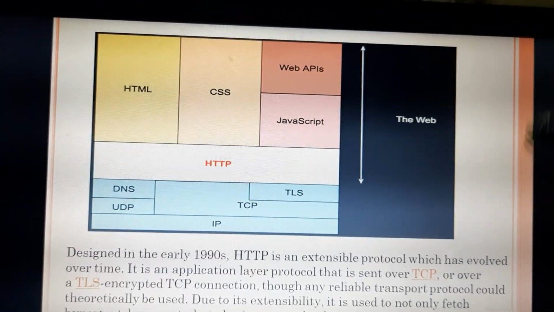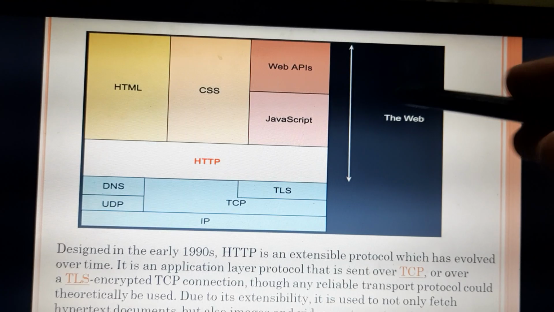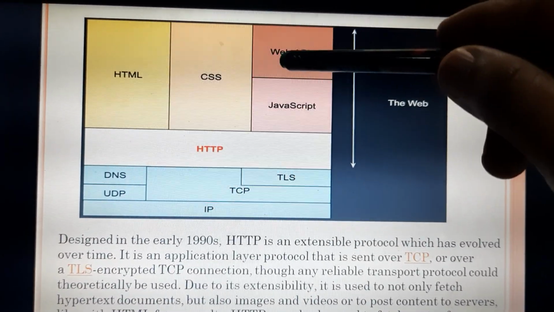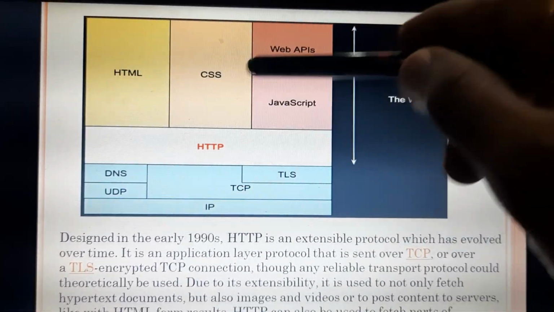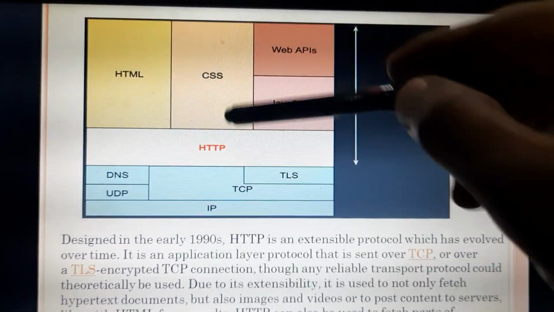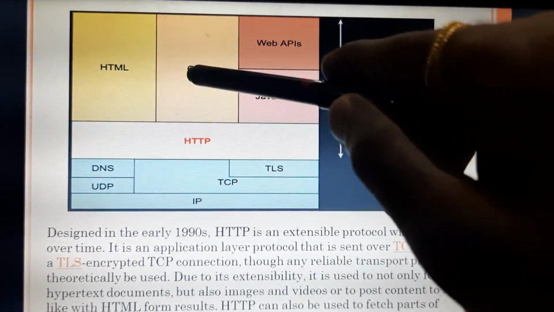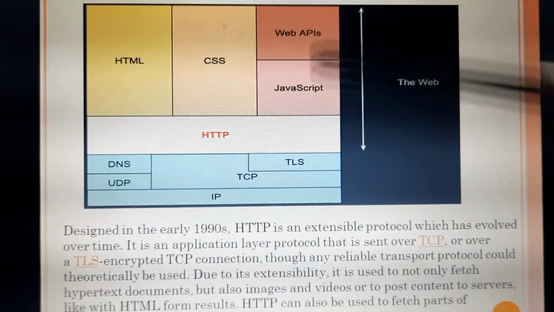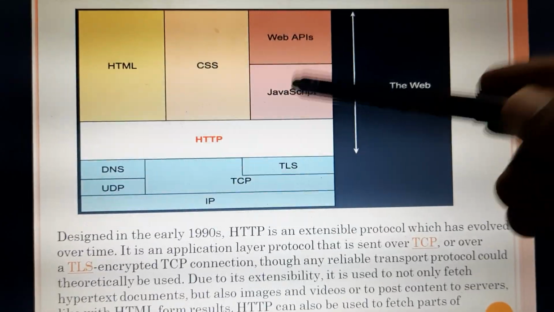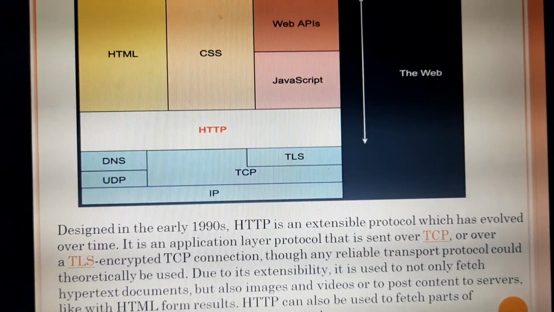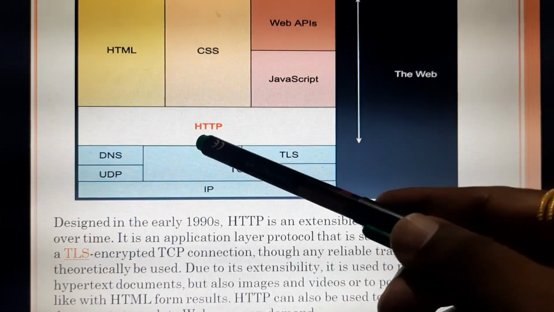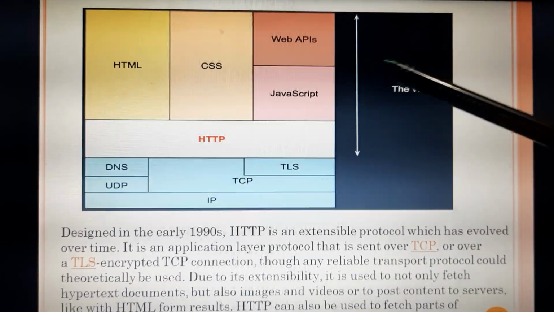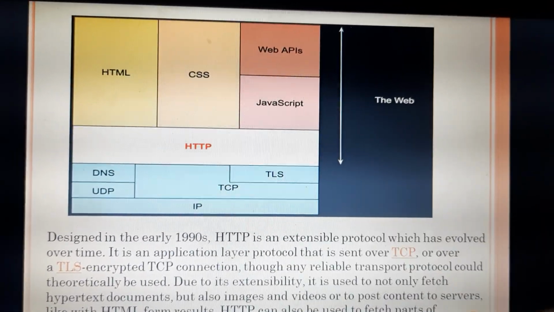This figure will illustrate, if you have the web, you need to have the HTML, CSS. You can interact with these languages, these markup languages, HTML markup language, cascading style sheets, and you may have the web APIs, and you may have JavaScript also. HTTP is a protocol which allows you to fetch the data from the server to your browser.